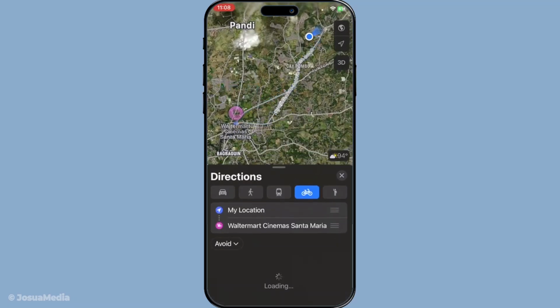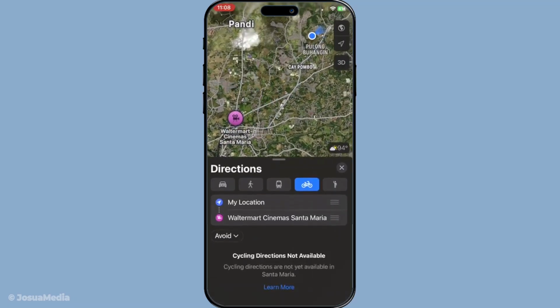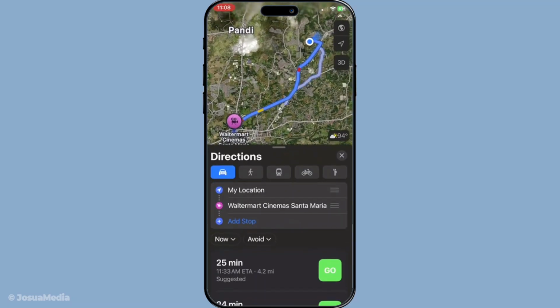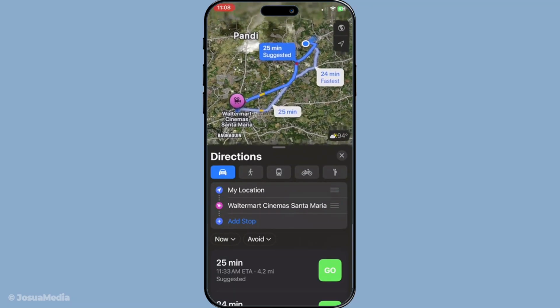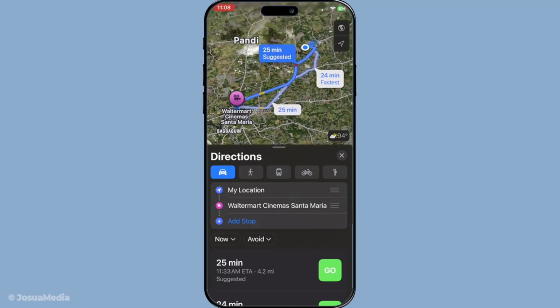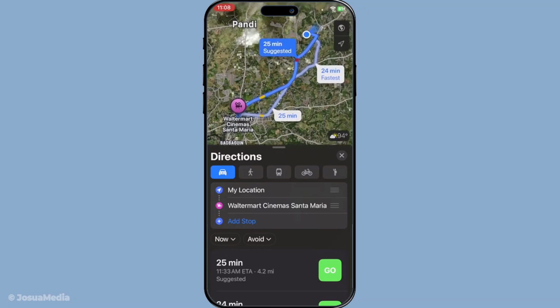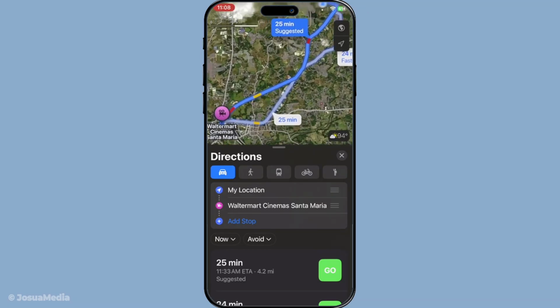As you navigate, you can switch the map display to either a 2D or 3D view. The 3D view adds a bit more depth and realism to your navigation, helping you better understand the surroundings. And if you need to get a closer look, just use your fingers to pinch and zoom in or out on the map. It's a great way to get a more detailed look at where you are and where you're